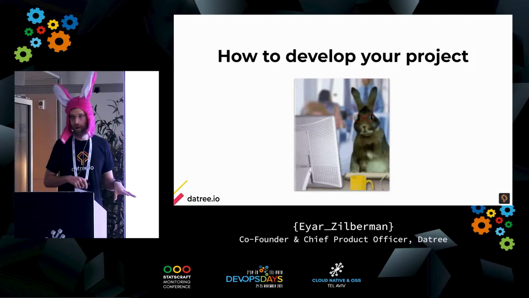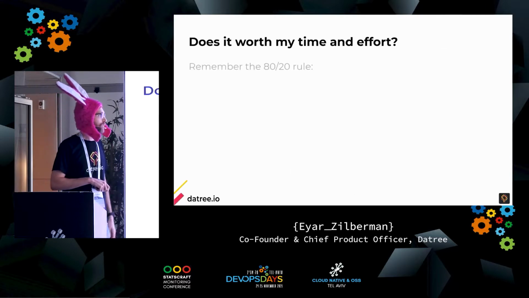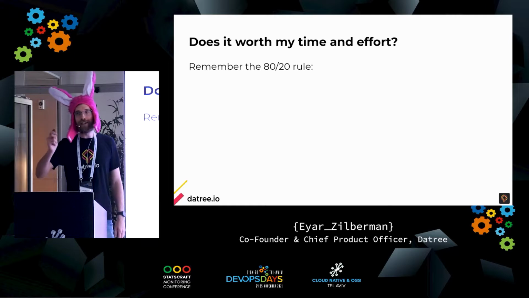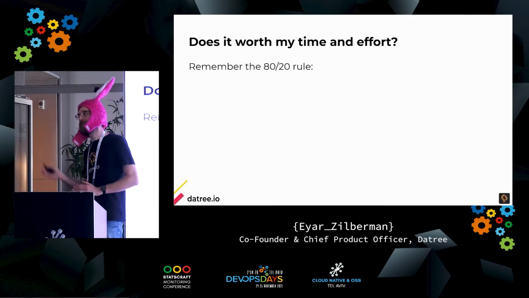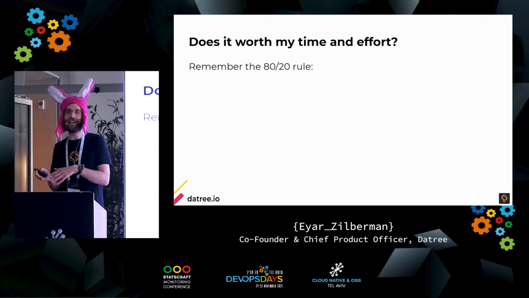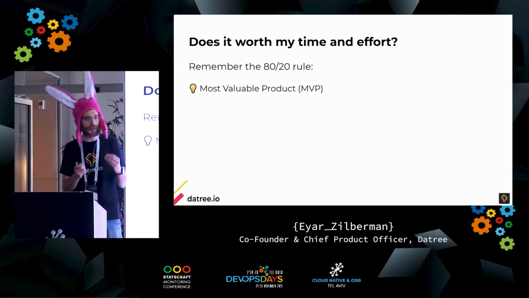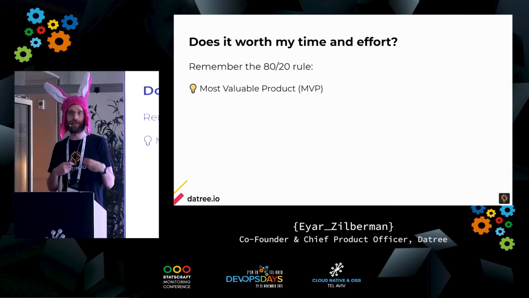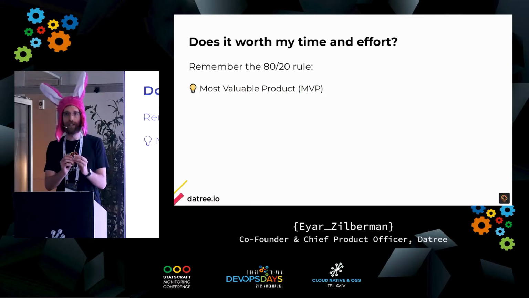Okay, so now let's talk about how actually to do it. Remember the 80-20 rule. Again, like a startup, you don't want to build a spaceship to the stars. You want to build bicycles that will take you from point A to point B. So you start with the MVP. You want to make sure that what you explained to yourself in the previous slide is actually what you're going to build, but in an MVP, lean and mean way.